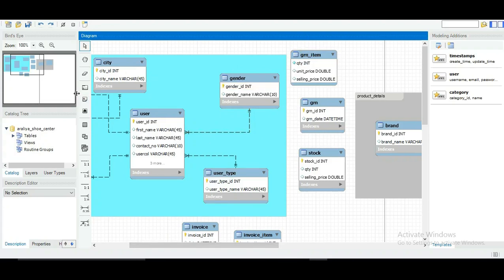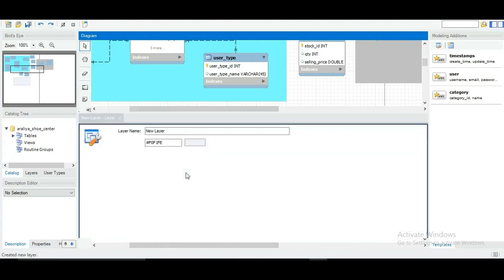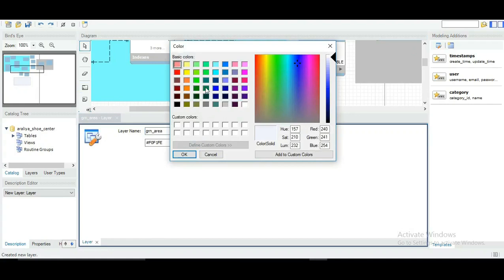So again, I'm going to click on this button, and down here I'm going to create a small area. I'm going to name this GRN area. And then I'm going to give it a random color.